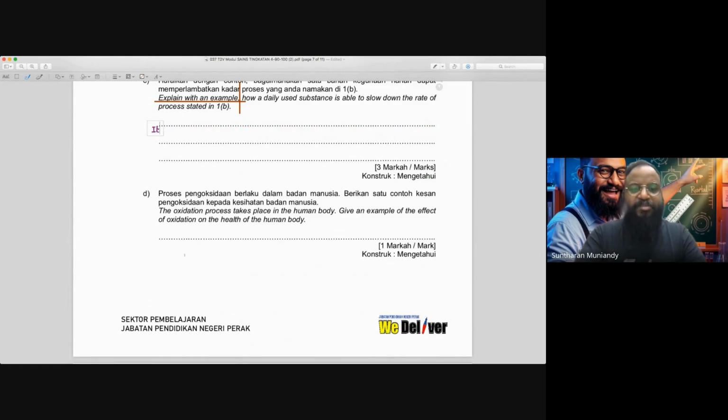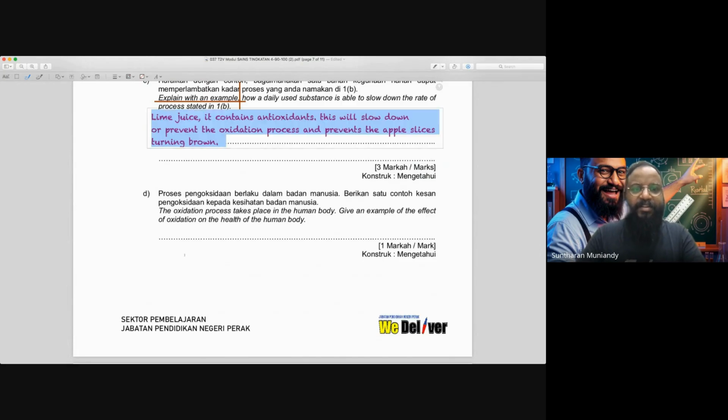Okay, it can cause mutation that leads to cancer,